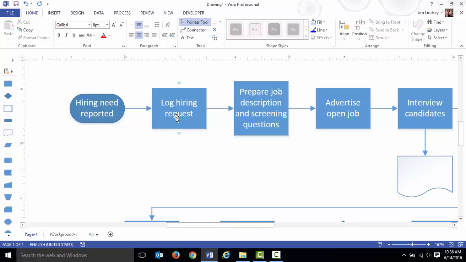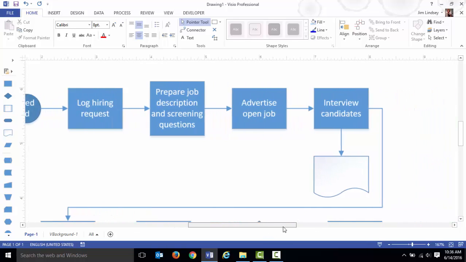And somebody in human resources then logs that hiring request, and then the people back at the department presumably are going to prepare a job description and questions that should be asked of people that want the job, and then the human resources department then reach out through their marketing department, through public relations, to advertise that open position, and